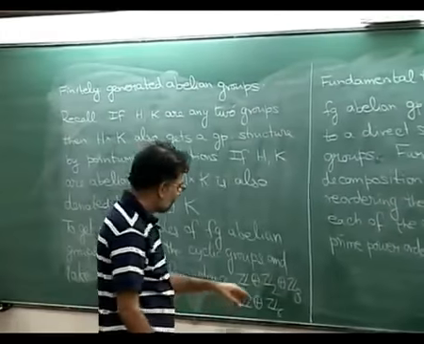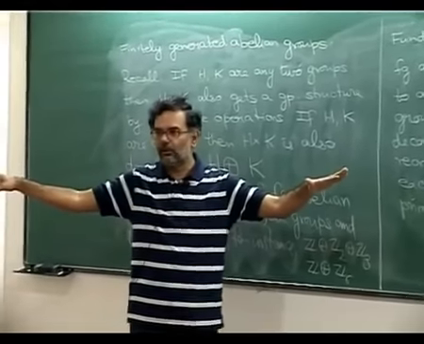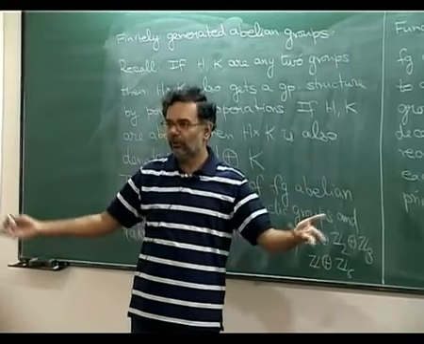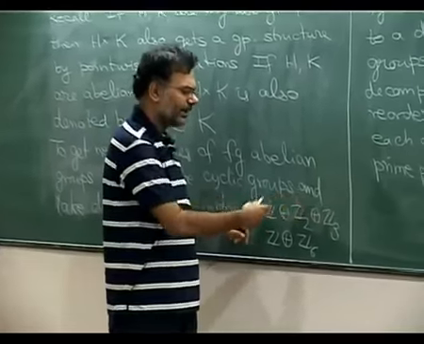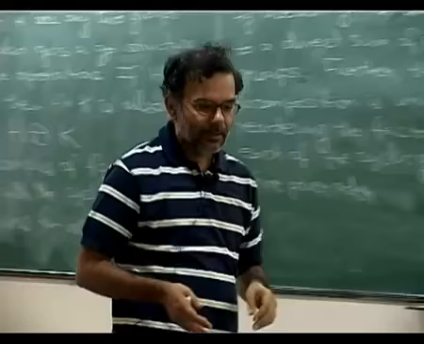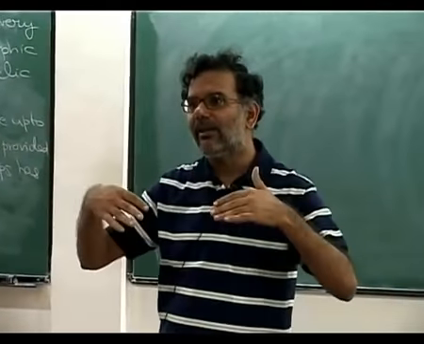Can you explain that uniqueness part? Yeah, so the uniqueness part says, first you express it as a direct sum of cyclic groups, right? In one way and then in another way. For example, this can be expressed as Z, Z2, Z3 or Z, Z3, Z2. That you can do. You can always rearrange, but it says that you cannot do it in another way where